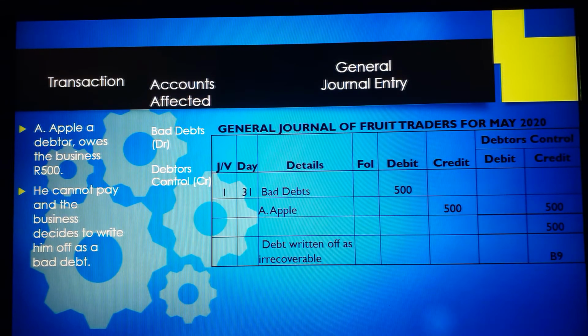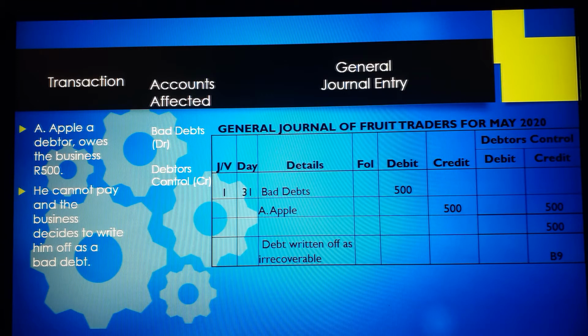We were going to start, as per the notes, with our first transaction, which is bad debts. Bad debts is when a debtor cannot pay what they owe the business. We therefore write them off as not being able to pay, and we incur it as an expense. Bad debts is therefore an expense, and the accounts affected are bad debts, which we debit, and debtors control, which